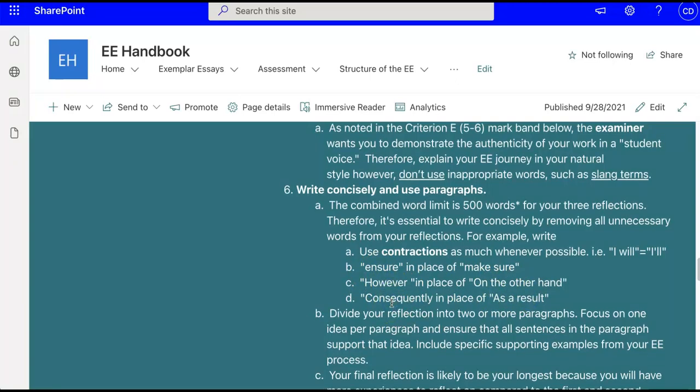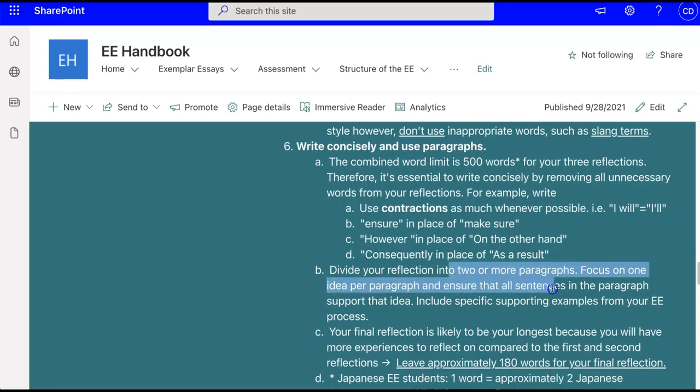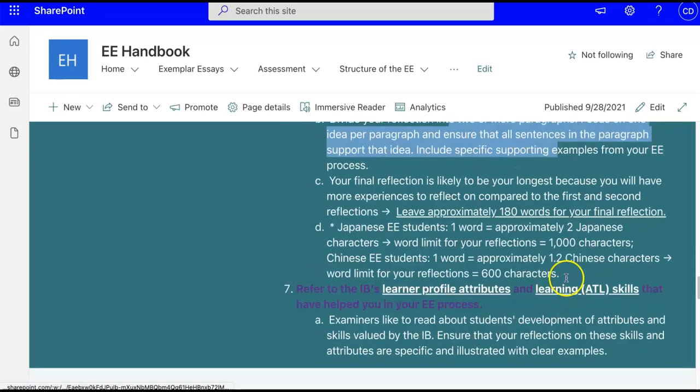I recommend that you divide your reflection into 2 or more paragraphs. Focus on one idea per paragraph. Why do this? Well, it just makes it easier to read. Okay, here's some word counts,